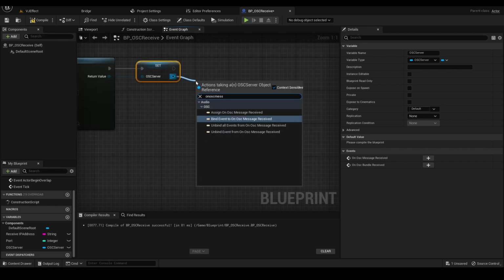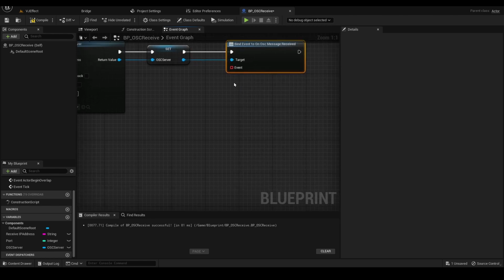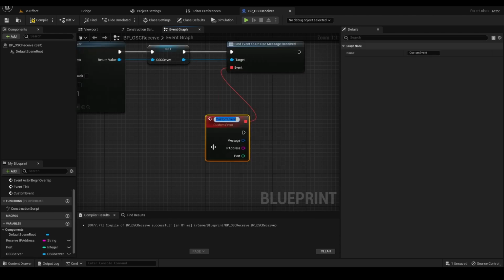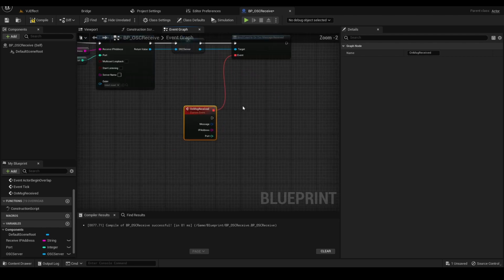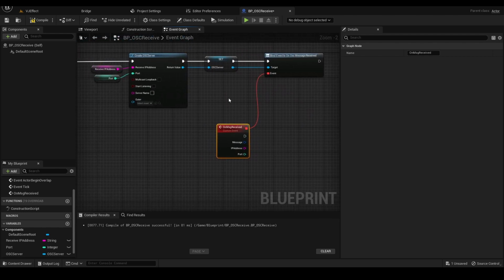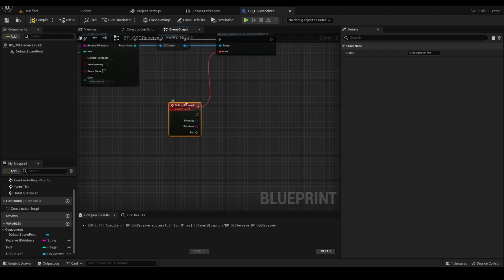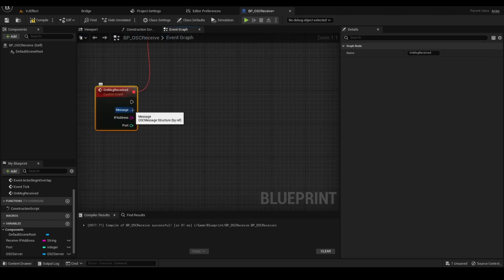So once you create the OSC server, I'm going to bind the event, Message Received on OSC Message Received, and hook it up. I'm going to create a new event, add a custom event, and the name is On OSC Message Received. So that means if you receive the OSC from TouchDesigner, this event runs. Okay, so next is